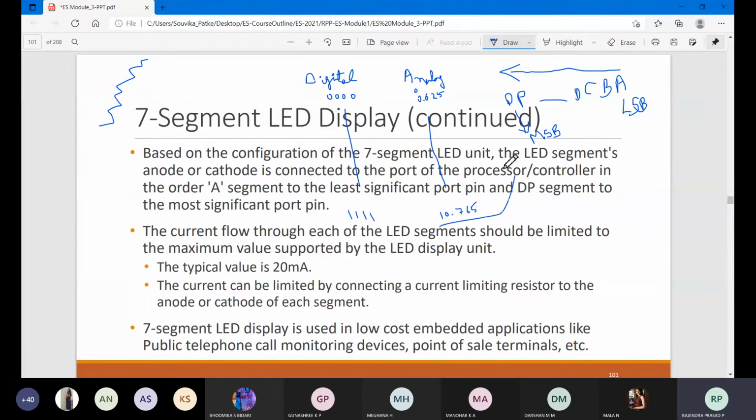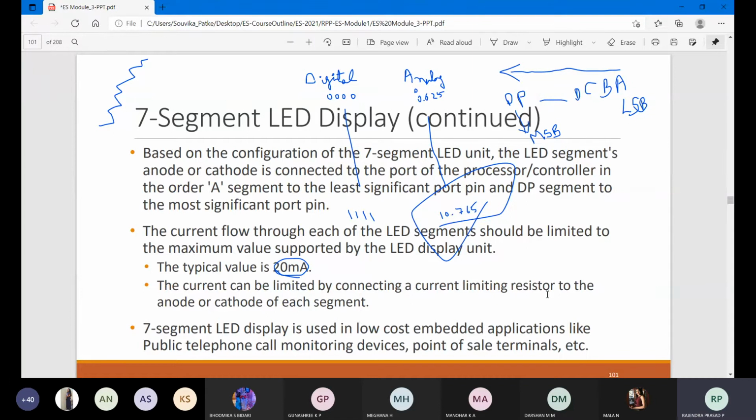Now the total voltage was what? How much? 10.761. Now for this LED part, for displaying on this 7 segment display, what is the value defined for that? It is around 20 milliamps, right? So that is the maximum. It cannot go more than that. If it goes more than that, what happens? The device will get damaged. That is the thing, because if you go beyond the saturation point, it will be destroyed.